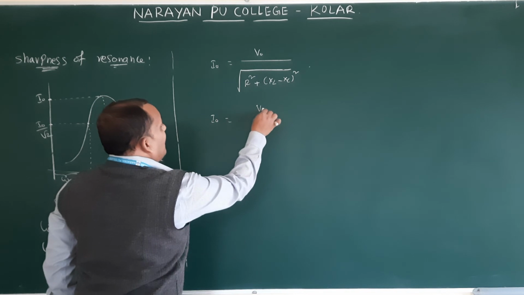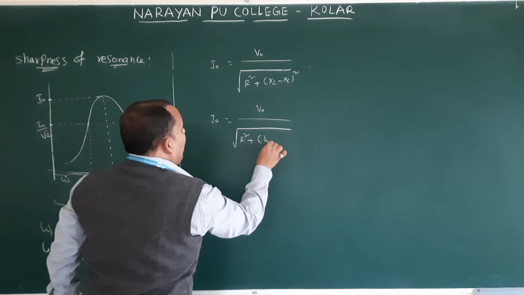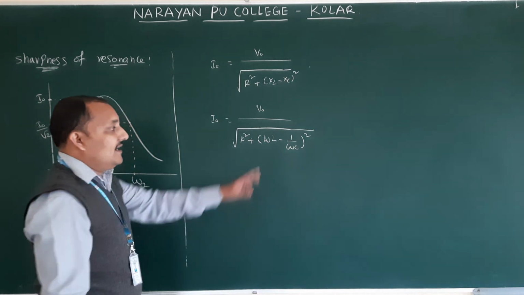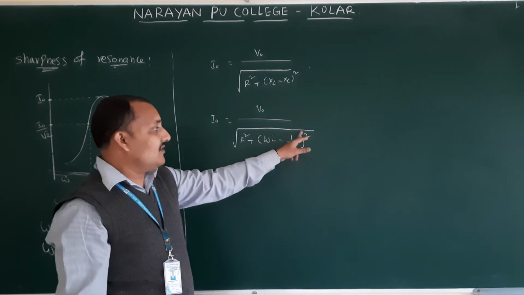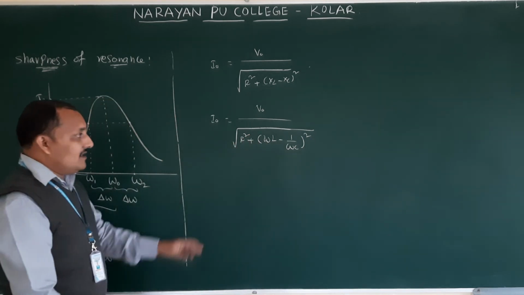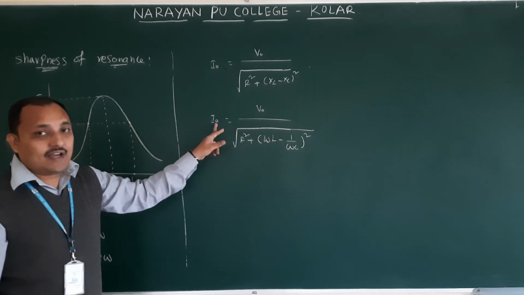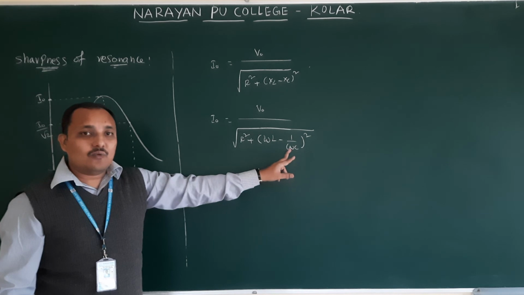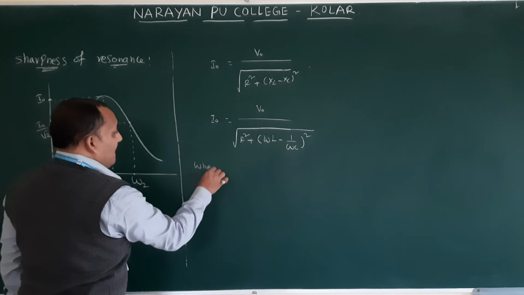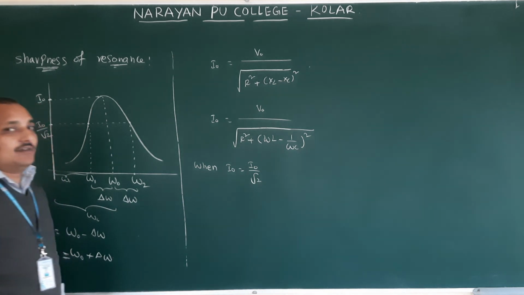I naught is equal to V naught by root of R square plus omega L minus 1 by omega C whole square. This square and root we should not cancel, because this square belongs to the whole term, not only to R. Now at omega 1 the current value is I naught by root 2, at omega 2 the current value is I naught by root 2. We can substitute either omega 1 or omega 2. So when the current is I naught by root 2,